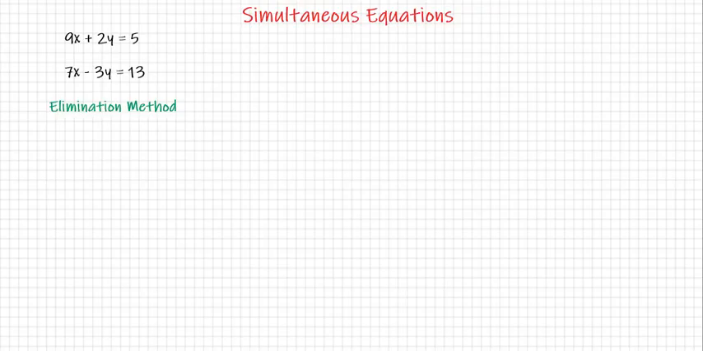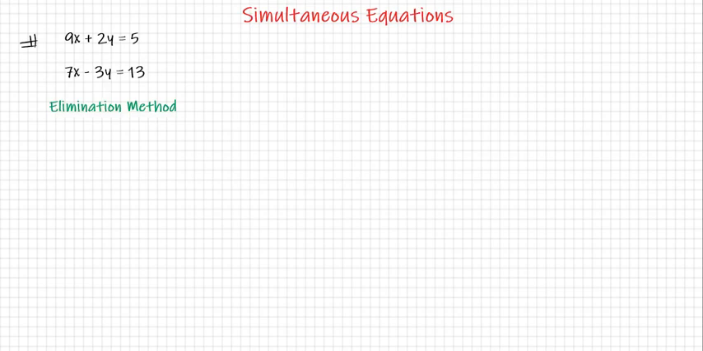All right. In this video, I'm going to explain how to use two algebraic methods to solve a pair of simultaneous equations. You can see we have a pair of simultaneous equations: 9x plus 2y equals 5 and 7x minus 3y equals 13. So this is the pair we have, and there are two methods that we use to